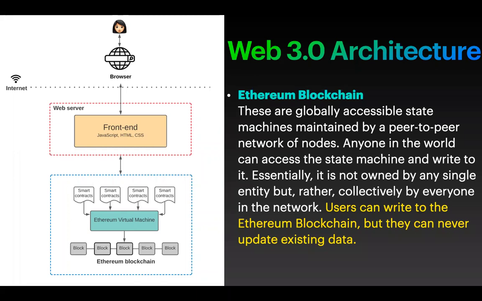And one thing to understand, it is not owned by any single entity, but rather collectively by everyone in the network. Everyone can access the Ethereum Virtual Machine. This whole backend architecture, anybody who uses Web 3.0 is permitted to access it. So data is anonymous, but the control of the data is in your hand. If you want to understand how to do that, you have to dive deep into this particular blockchain.